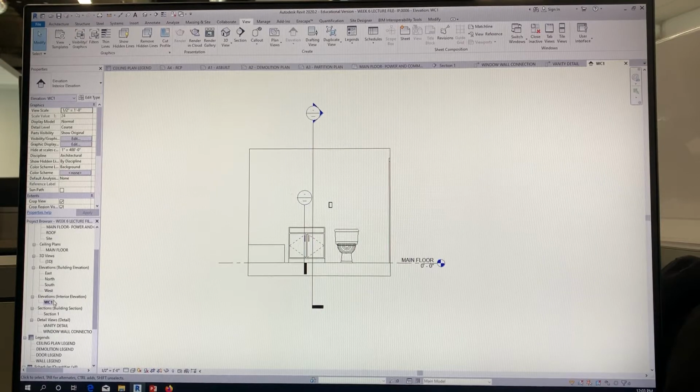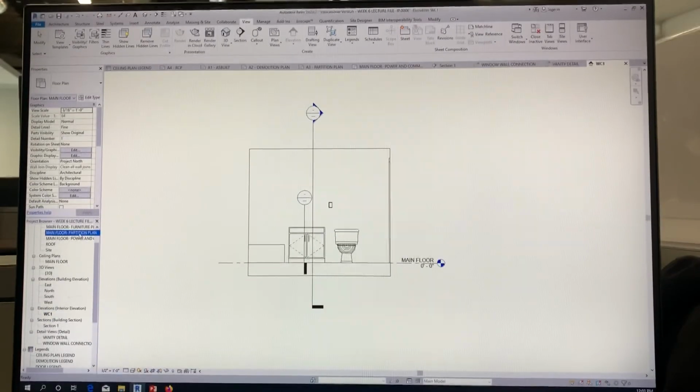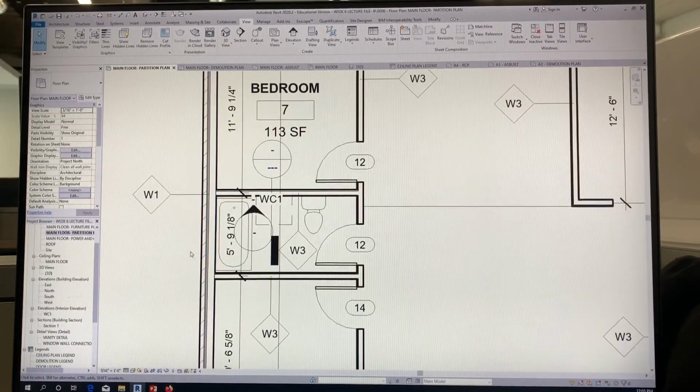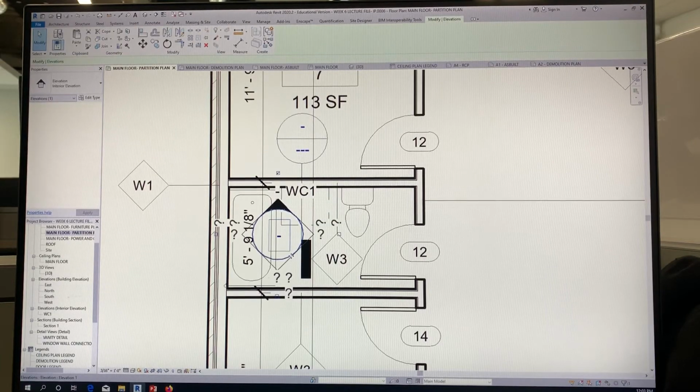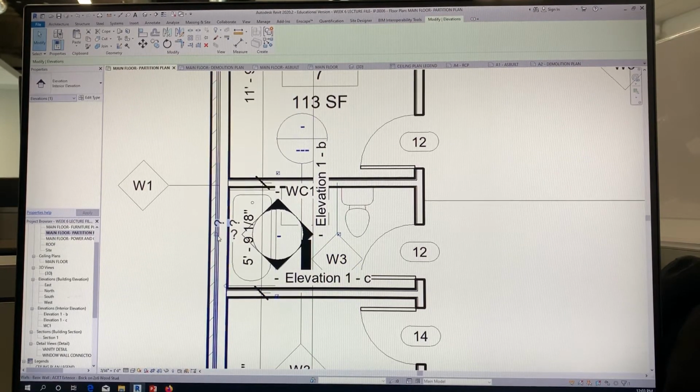Okay. Now, I want to show the other 4. I want to create the other 4, but I don't want to put 4 of those big symbols in there. Here's what you do. Select the symbol. So select the circle. Okay, right there. And then you'll see on all 4 sides there's an empty square. Okay, go ahead and fill in that empty square. And now you're creating an elevation on each side. Okay,